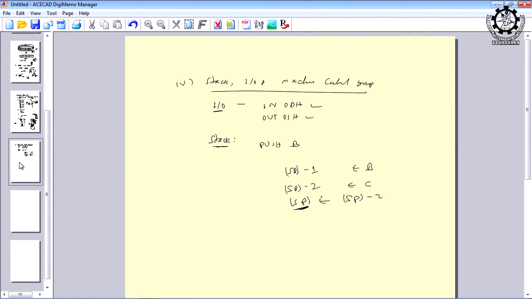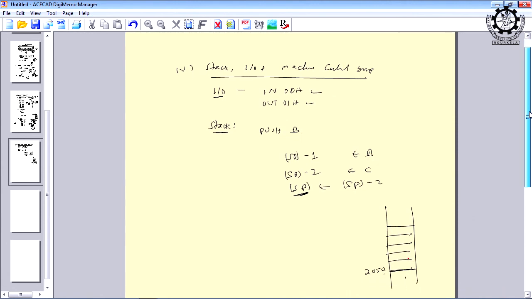And what is a stack? A stack is nothing but a set of memory locations. Suppose initially the stack is empty, and this location, let us take, is 2050. So, the top of the stack is 2050, and when you insert an element, the stack pointer will be incremented or decremented.